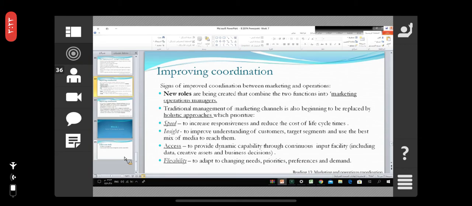If you need to improve the coordination between these departments, you need to make a marketing channel. The traditional marketing channel, sometimes it doesn't work anymore, like face to face, arm's length sales. So the marketing channel